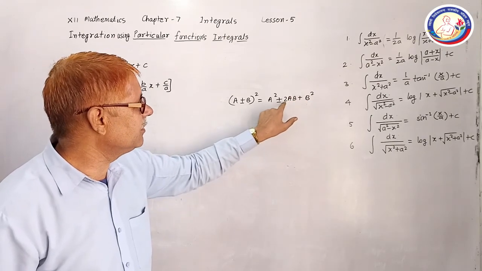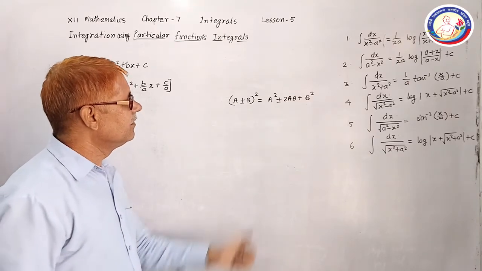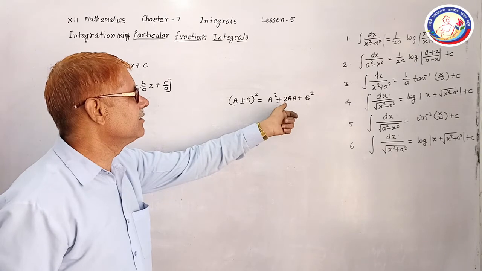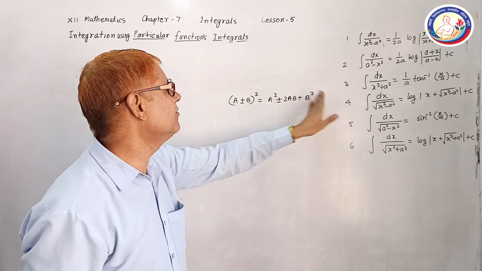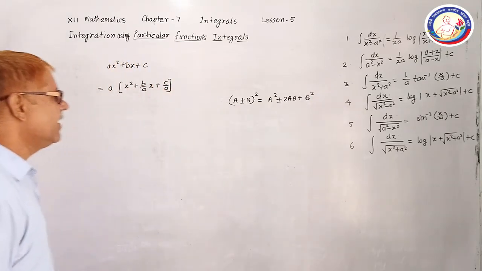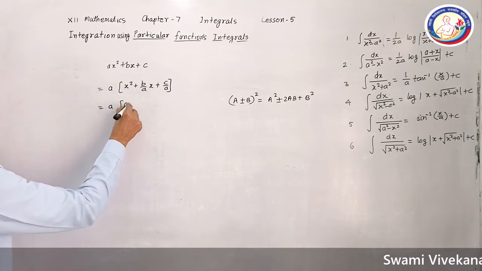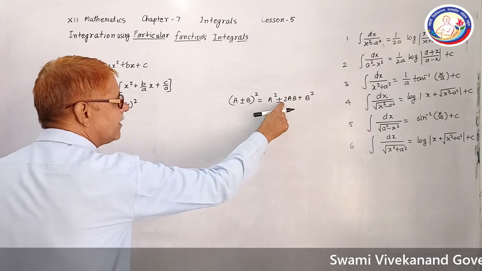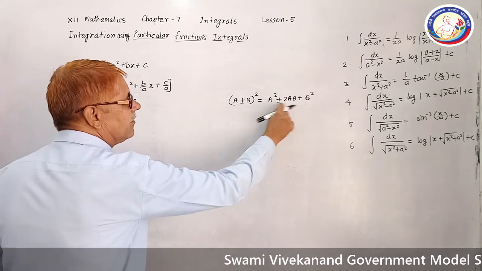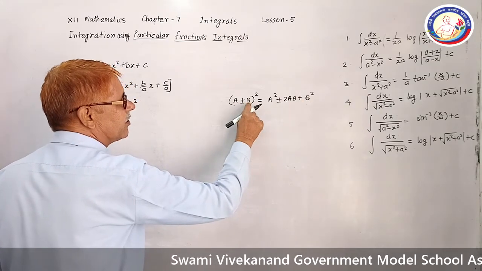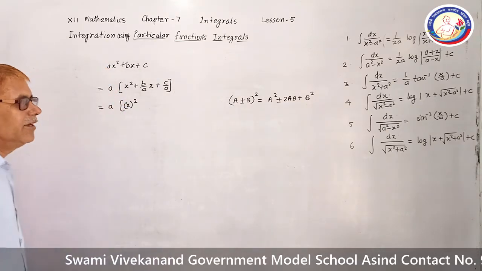The product of these two is twice, with positive or negative sign. So we must have square of first plus minus twice of first into second plus square of second. We will reduce this in this form, and for that this is a perfect square, so it is square of x square. Now according to the formula we must have plus or minus. If this term, b by a, is positive, then we will use the formula for sum of 2 terms, 2 numbers, and if it is negative, then we will use a minus b whole square formula.